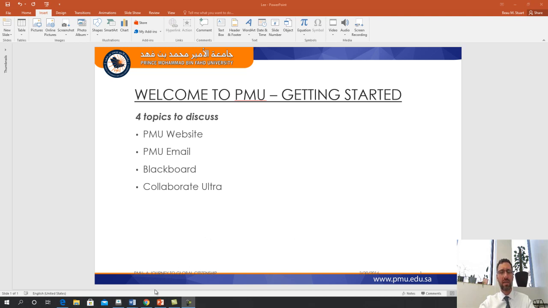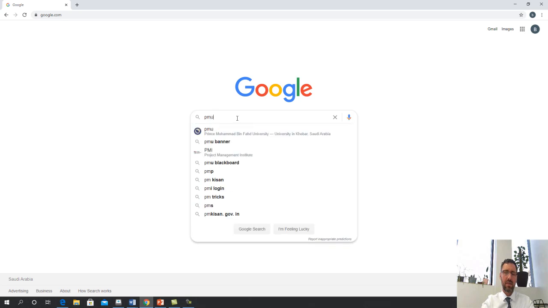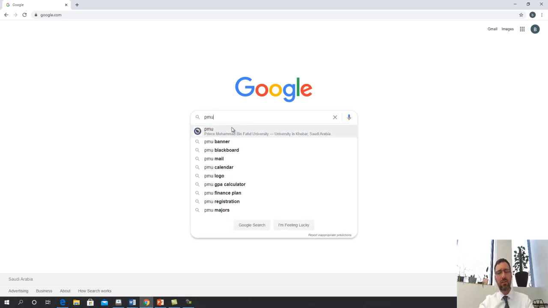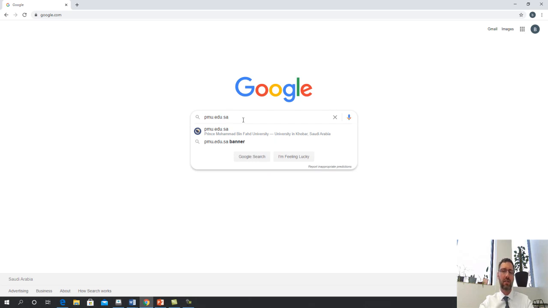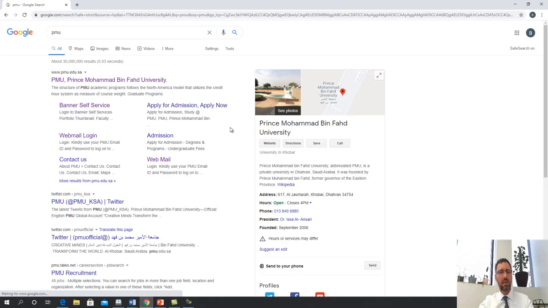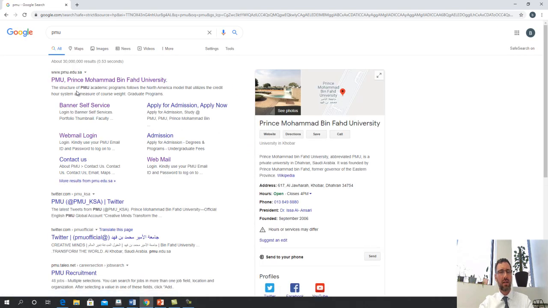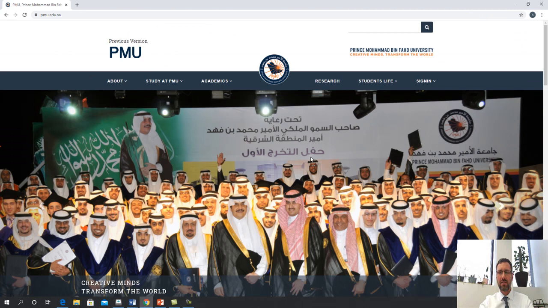Now, getting to the PMU website, we recommend using Google Chrome. When you open the search engine, simply type in PMU, and it should come up. You'll see the logo. If it doesn't, you can try pmu.edu.sa and then hit enter and it will search. We're going to search by PMU, and the very first result is our website, our homepage, pmu.edu.sa. So we click on the link, it will take us to the homepage,